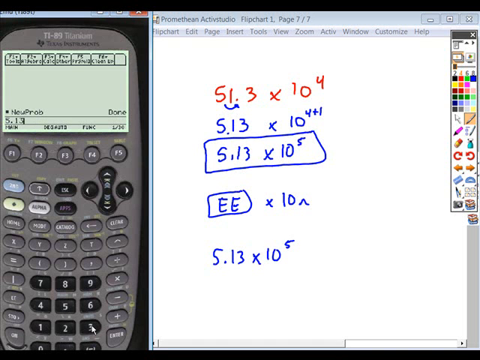is enter 5.13. But you don't have to do times 10 to the power of. All you need to do is hit this EE button. It's going to display as a single E. And then you just write your power. And so if I hit enter, it would actually display what it looks like expanded out. Okay, but that's how your calculator will display that. So some of you, when we had